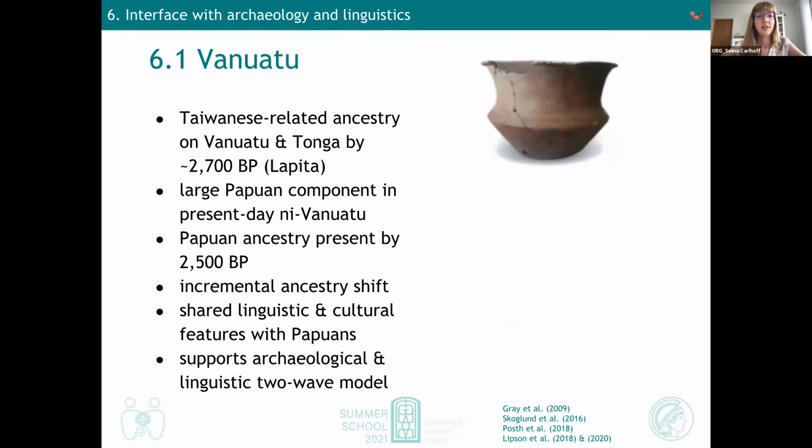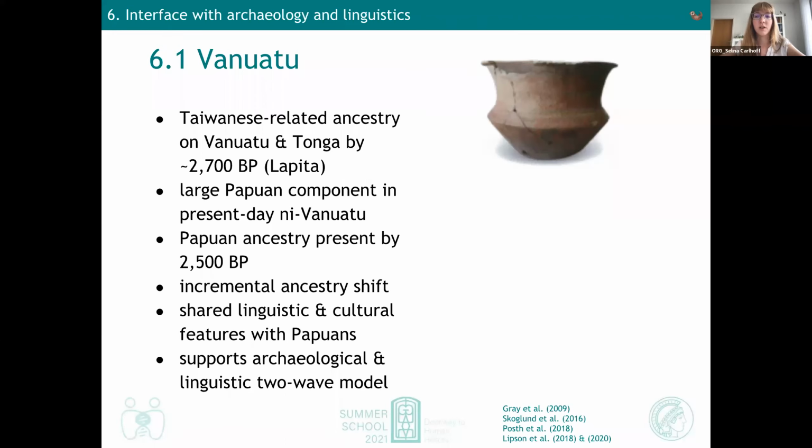And in this study, they were the first to produce ancient genomic data from human remains from Vanuatu, and actually from this Lapita culture that Annika also mentioned, which have these specific patterns on their pottery. And these individuals were around 2,700 years old, and they could show in the study that these individuals were strongly